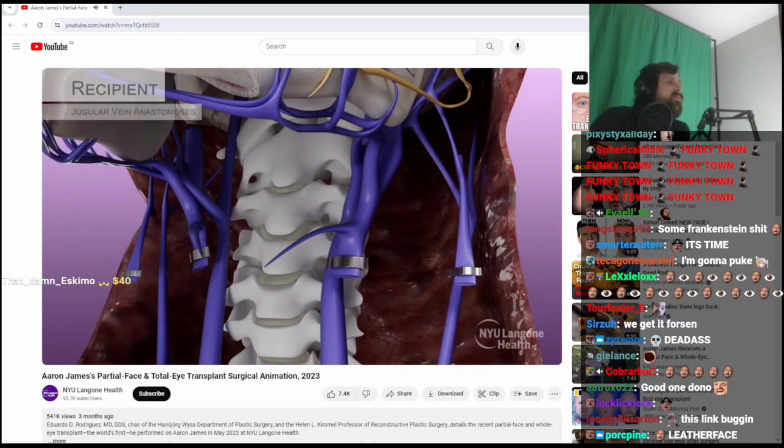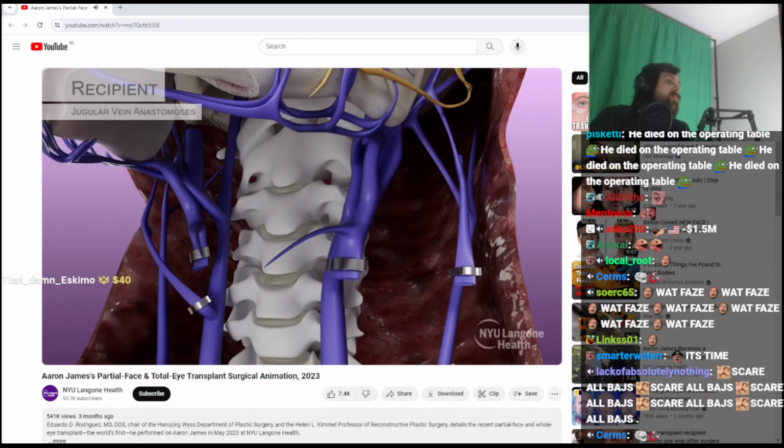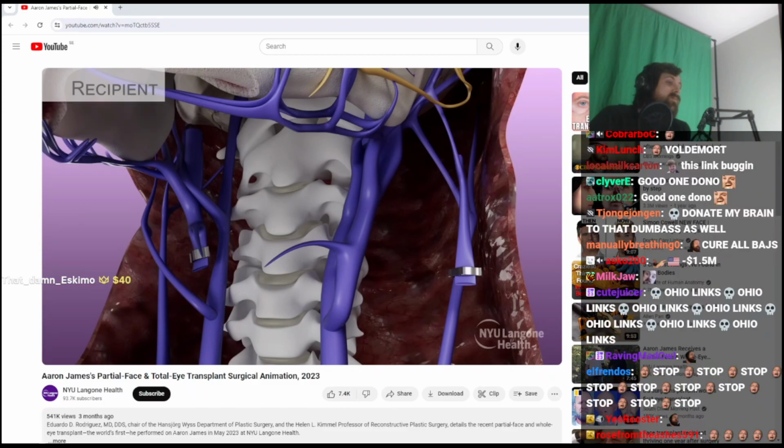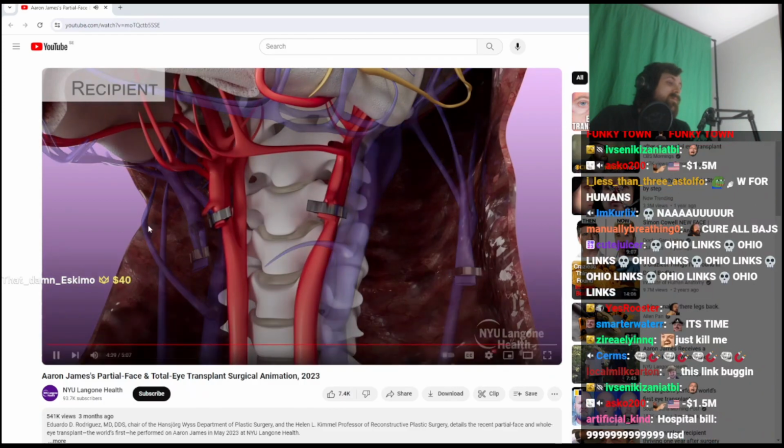Using the operating microscope, the donor jugular veins were anastomosed end to side with that of the recipient. Recipient external